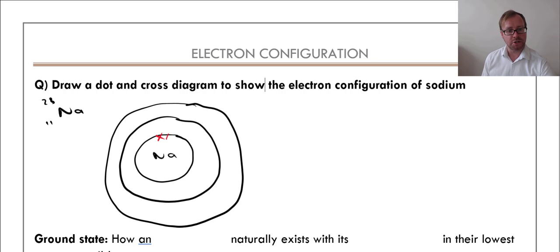So on my first shell I have 2, and then 3, 4, 5, 6, 7, 8, 9, 10, 11. 1 electron on the outer shell, and we know that's right because we can look on the periodic table